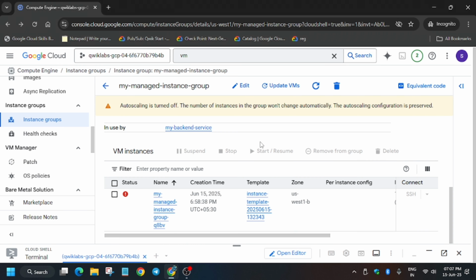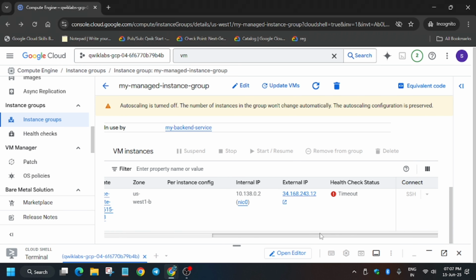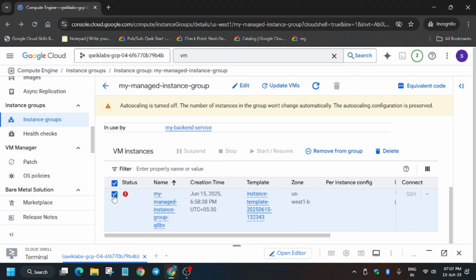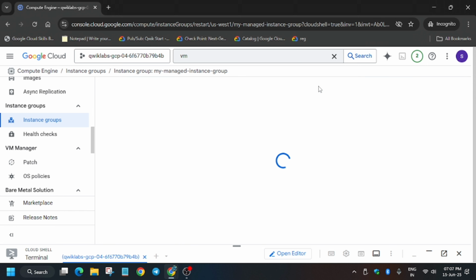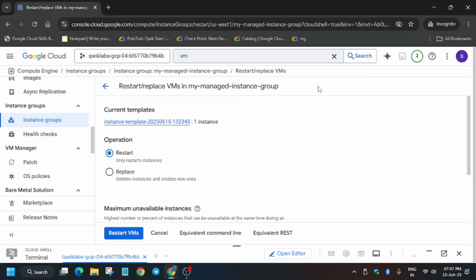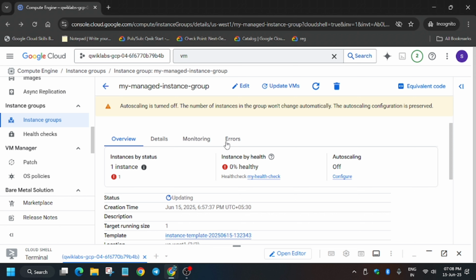So for that you have to just do one thing, that is, as you can see, there is a refresh button, basically reload button, same as our Chrome browser. You must have refreshed or reloaded any window, you have to click on it, and once you have clicked on it, it's showing replace and restart. I am doing once again. So let me show you once again. You have to just click on this refresh button,